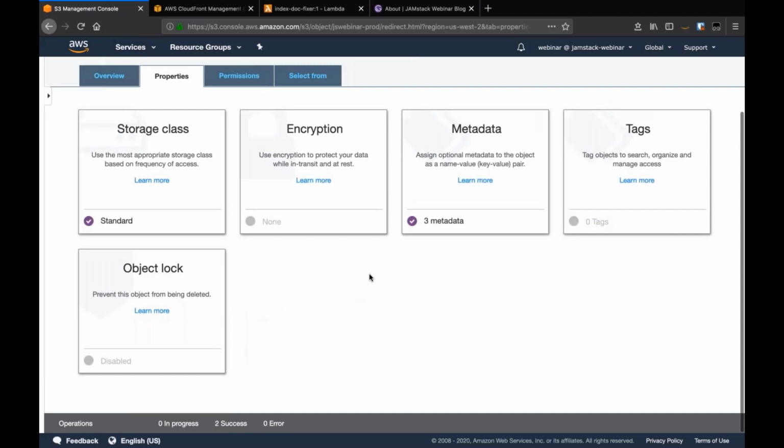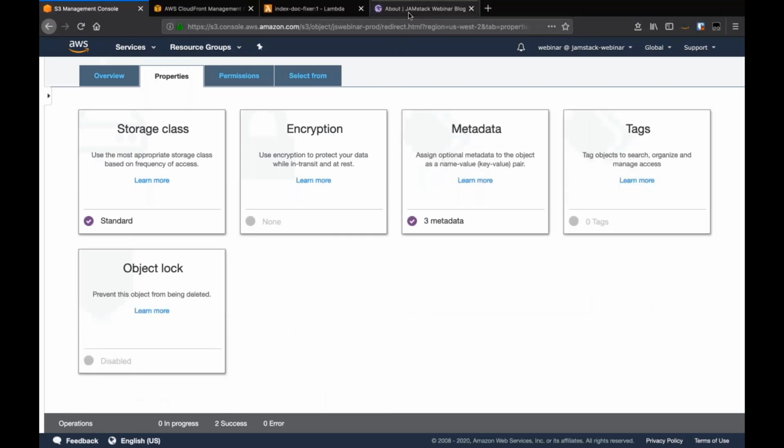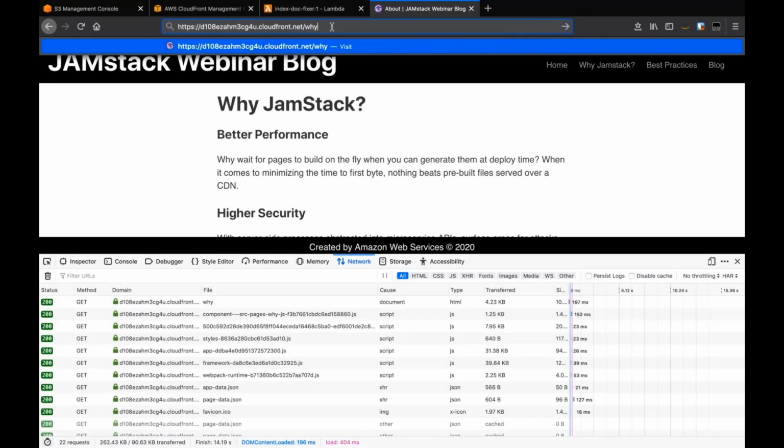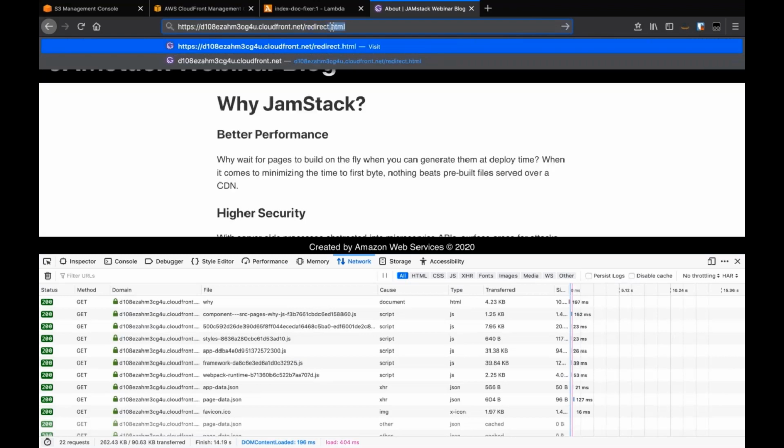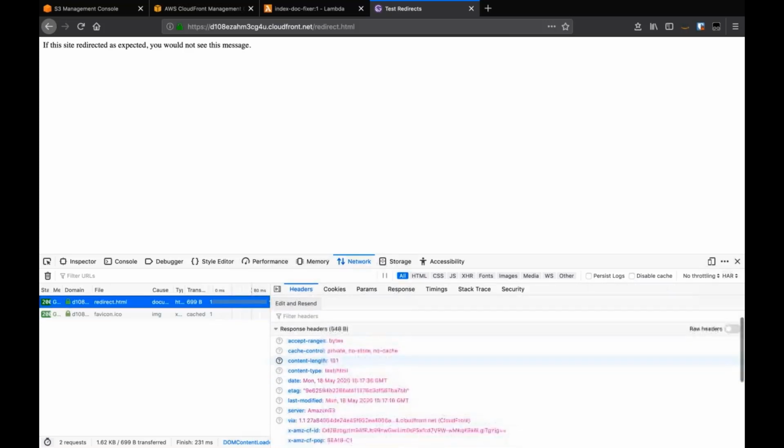And we'll click save. So now if I go back here, you can see I'm basically not going to cache this file. And if anyone goes to it, they should be redirected to www.amazon.com. So if I go back into my website and I actually go to redirect.html, you can see I get this page that just says, if this site redirected as expected, you would not see this message. And if we actually look at the headers that are coming back from this file itself,